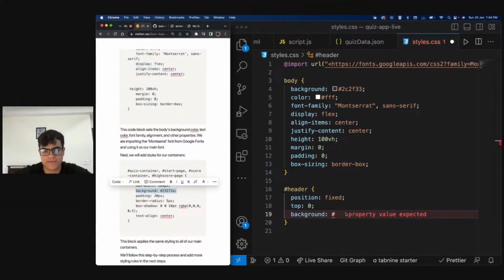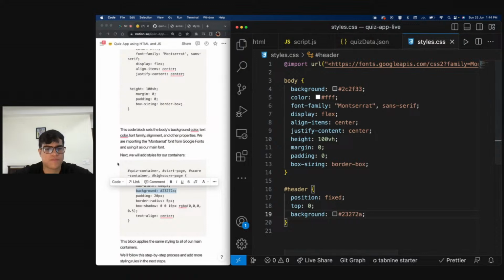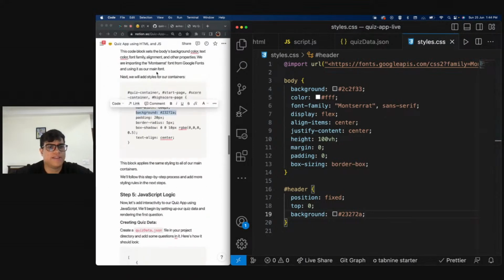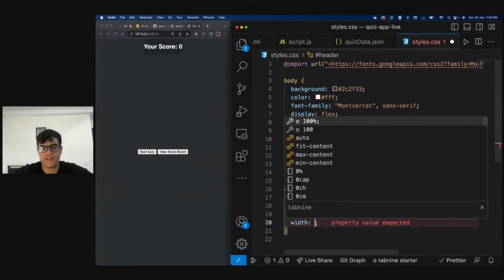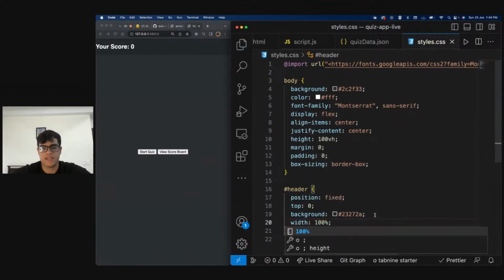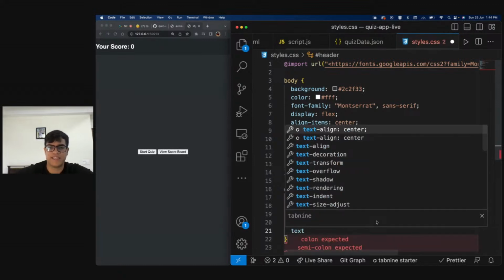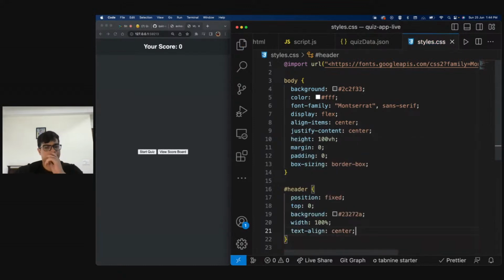I think this is it. Right, if we go over here, I will give this a width of 100% as well, and I will say text align center. Great. So just like that, our scoreboard is also there.